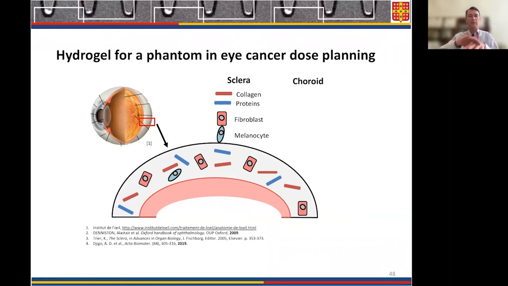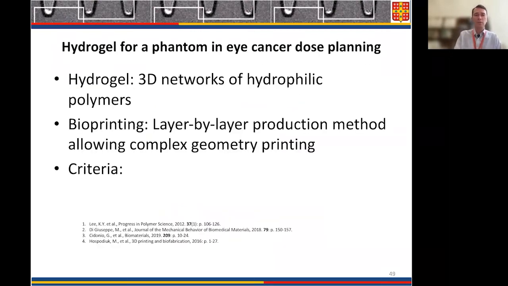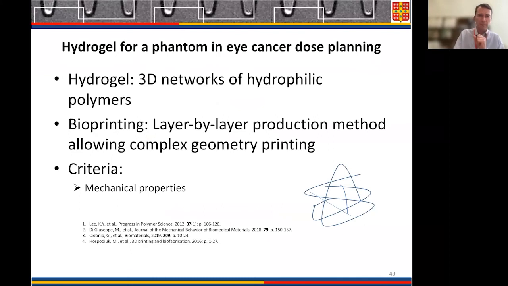So the hydrogels that we develop in the shells that will be used as a phantom for medical physics assessment also need to be a balance between collagen, proteins, fibroblasts, and melanocytes, because we need to generate those contours that are as close as possible to these biological systems. And also there's the choroid. Sometimes the cancer forms in the choroid, and we need to adapt our strategy because with respect to these two